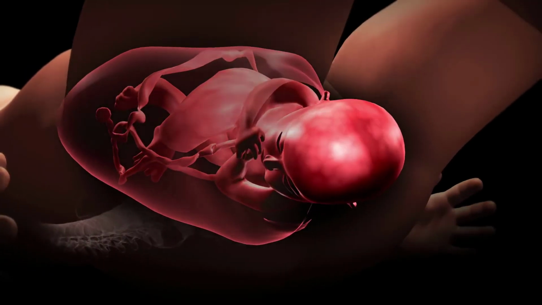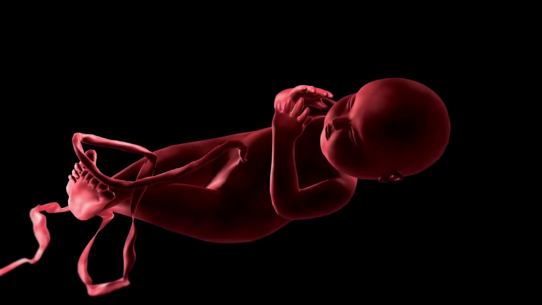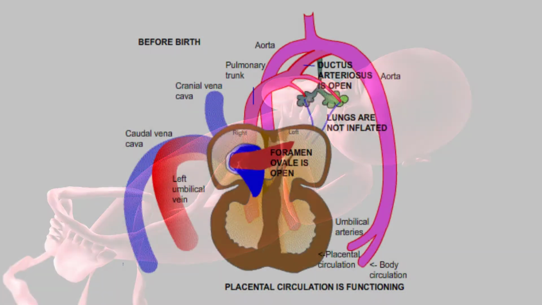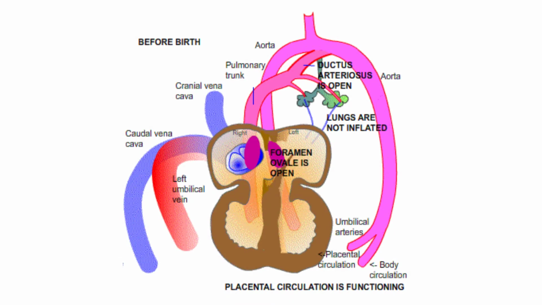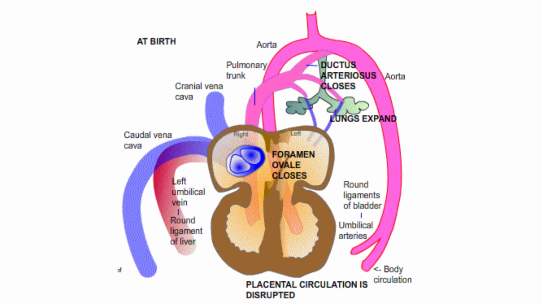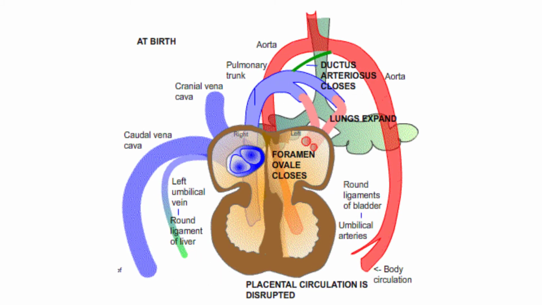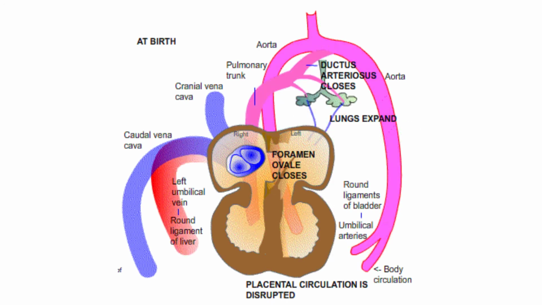At birth, a dramatic change in the fetal circulatory patterns occurs. The foramen ovale, ductus arteriosus, ductus venosus, and umbilical vessels are no longer needed. With the newborn's first breath, the lungs inflate, which leads to an increase in blood flow to the lungs from